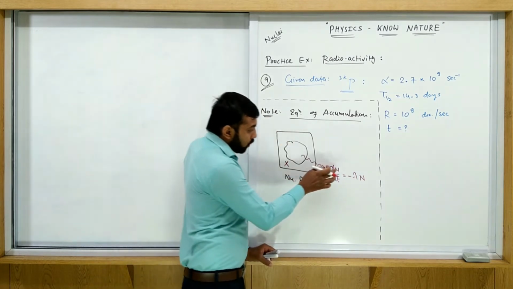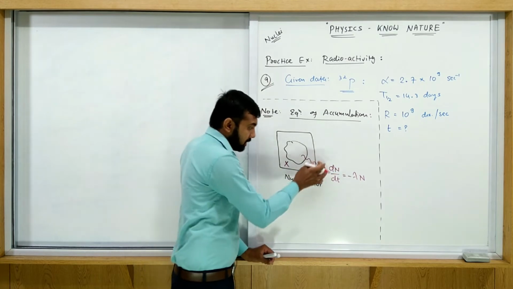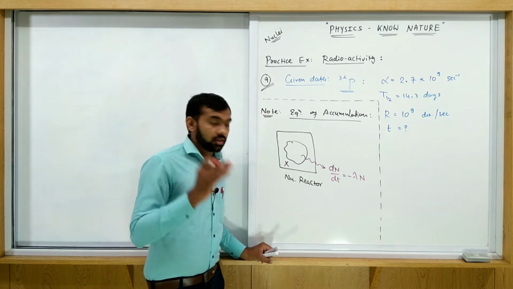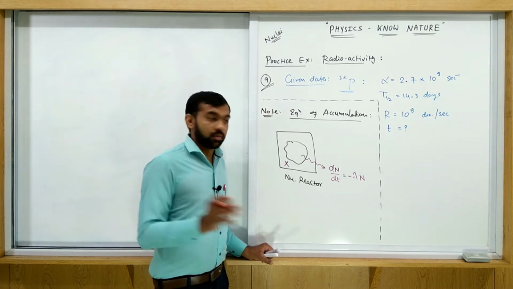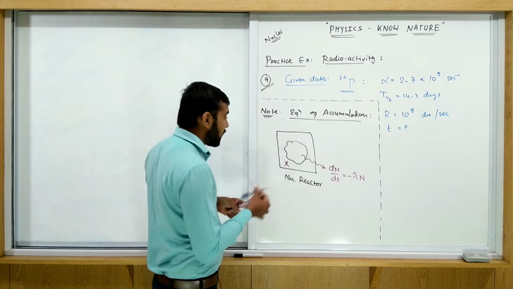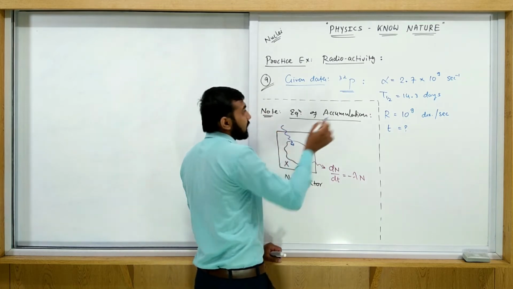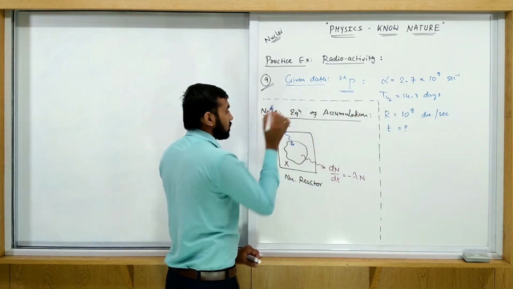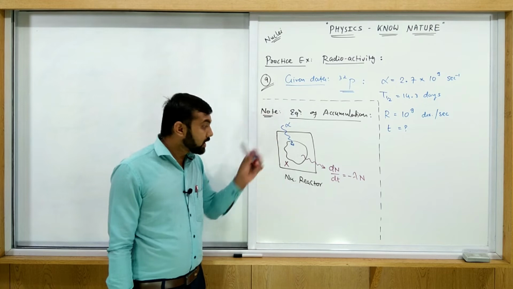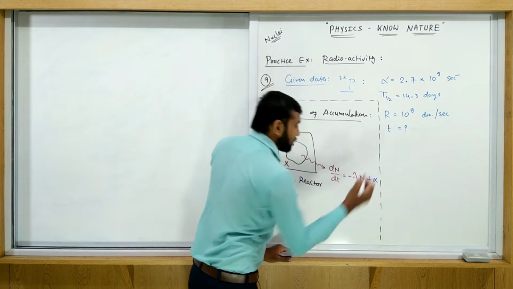Now what does this term represent? Change in nucleus with respect to time, meaning the number of decayed nuclei with respect to time. Here in this situation we add something: how many nuclei are added, up to this accumulation rate. So this alpha number of nuclei are added into the substance, into this reactor. If we add this, the final equation becomes plus alpha.